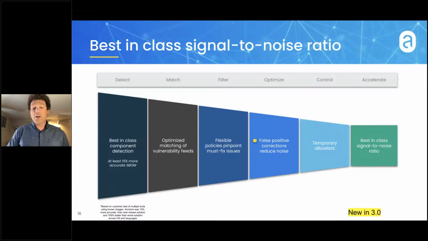So our automated approach gets us the best signal we can, but we also have tools for users to apply corrections if they see something is misidentified, or allow certain CVEs if they're waiting on a fix from a developer or from the vendor themselves. So that really allows you to build out automation that you can enforce through policy and really secure that supply